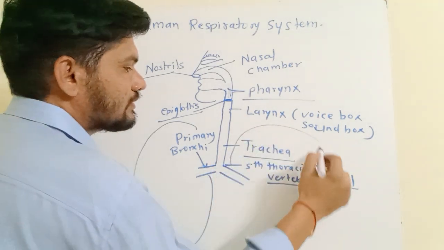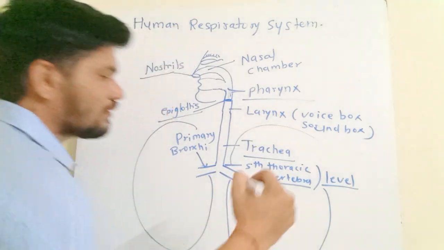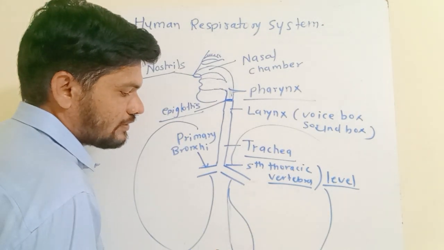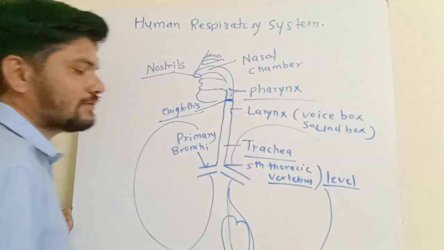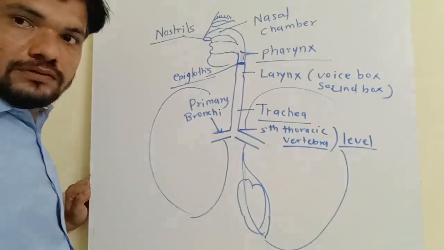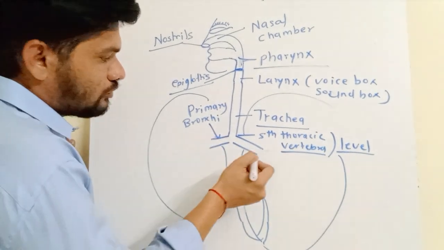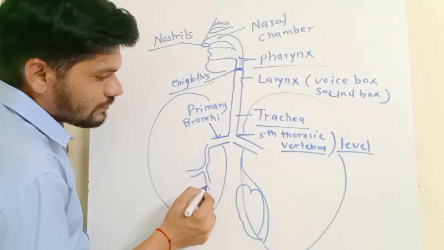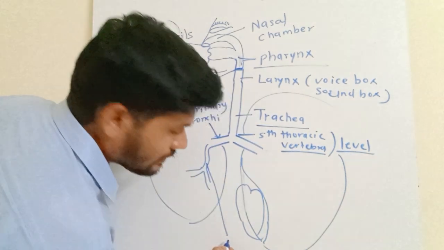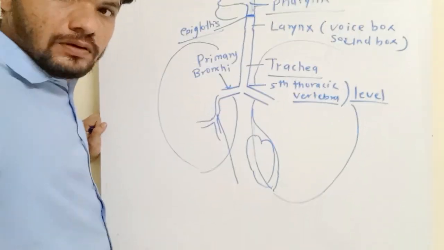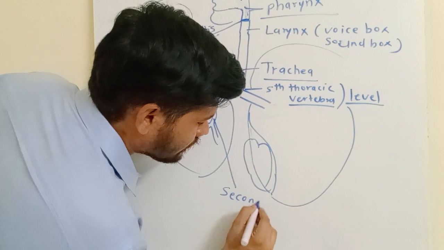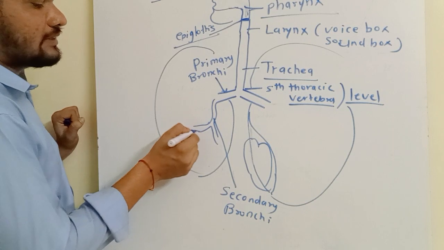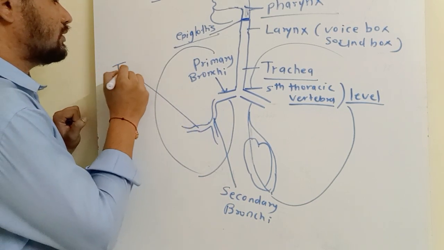These are your lungs, let's say. The left lung is a little shorter because somewhere here your heart is present, right? This is the primary bronchi. These are two. Then the primary bronchi lead to several divisions, the secondary bronchi. Then this is, let's say, tertiary bronchi.